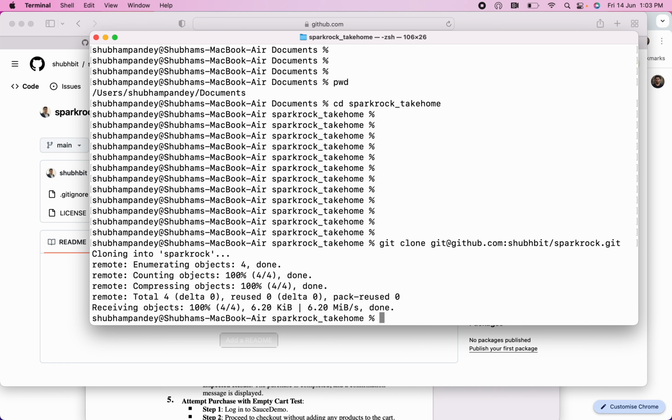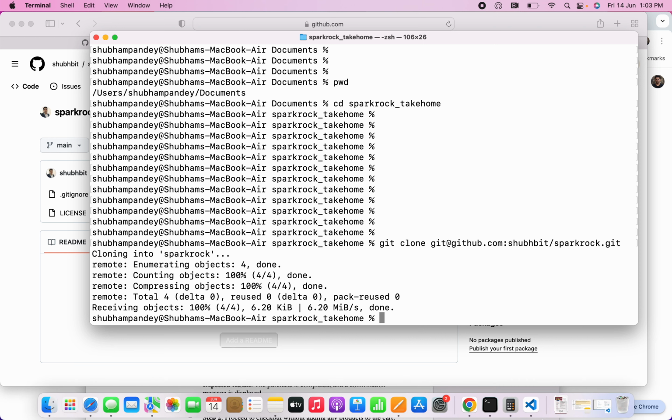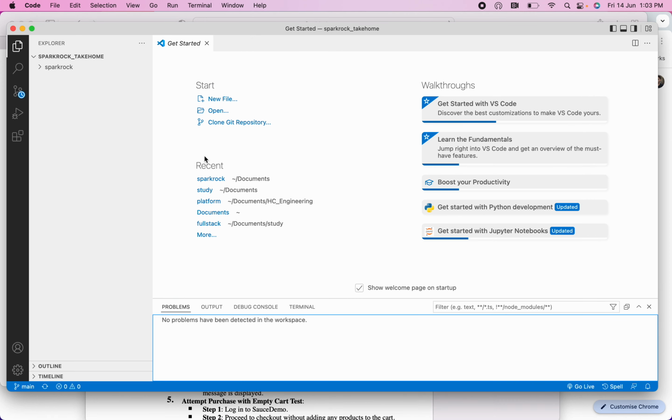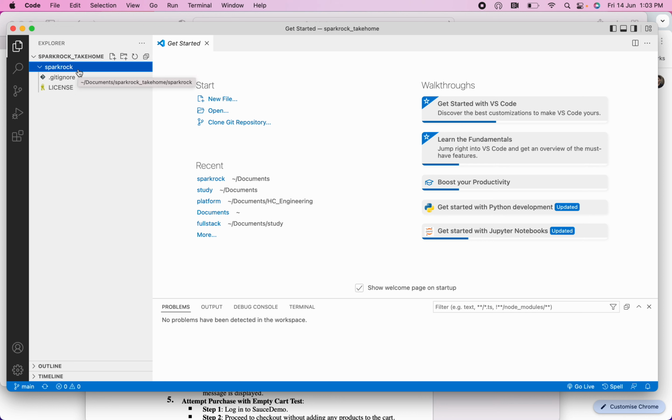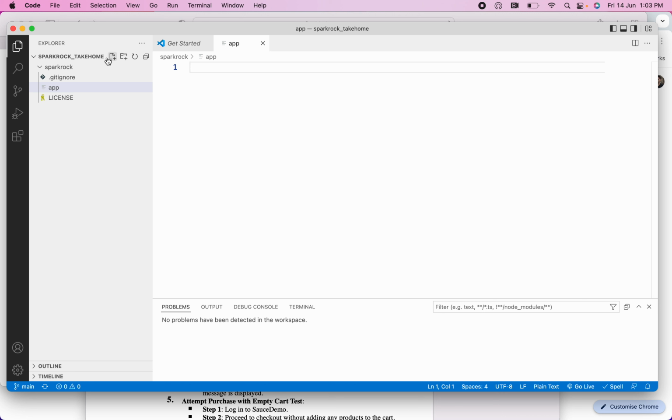Okay, so the repository is cloned now. Let's open VS Code. So now inside Sparkrug there is this .gitignore. Now let's create the folder structure inside this. So we'll be having a couple of folders. One will be app, which will be containing the code for